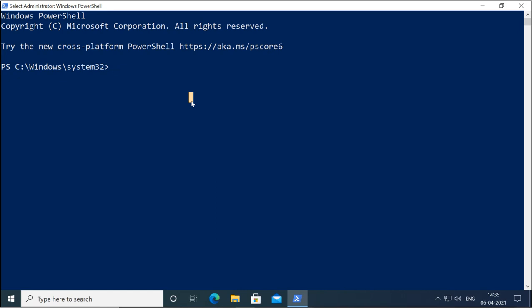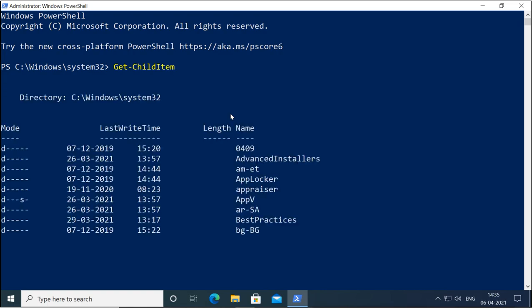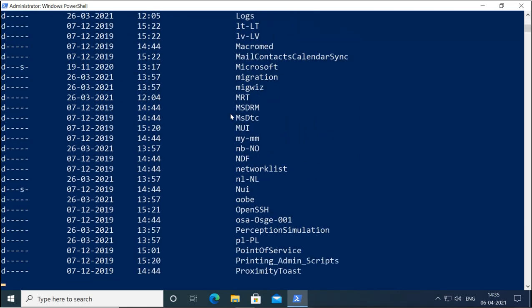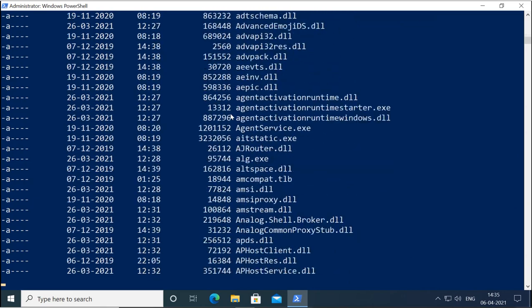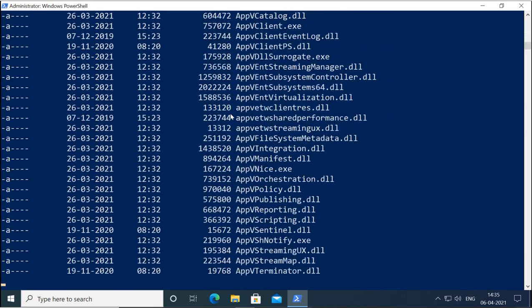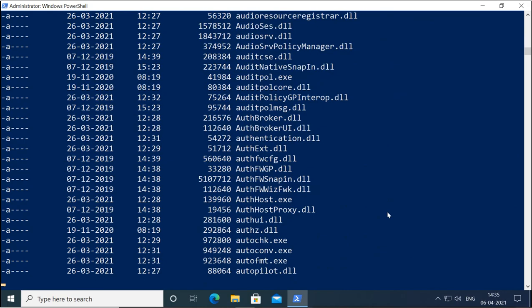Now to check the current items in the current directory, you can use Get-ChildItem. This is the same as dir. It will show all the files within the current directory, that is system32. All the files and directories in this system directory.